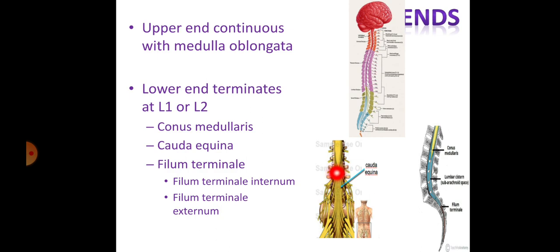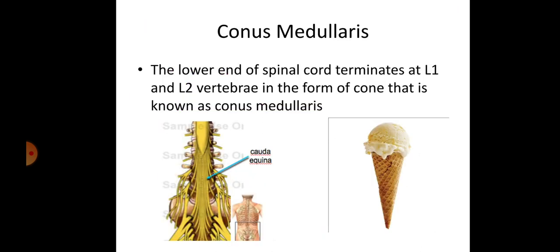The spinal cord terminates at the level of L1 or L2, but the lumbar, sacral and coccygeal nerves descend downwards and exit from the respective foramina. Because of this arrangement, a bunch of nerves descends downwards. This bunch of nerves is called cauda equina. And in the center of the cauda equina, one thin filament descends downwards, which is related to the pia mater, called filum terminale. We are going to discuss each in detail.